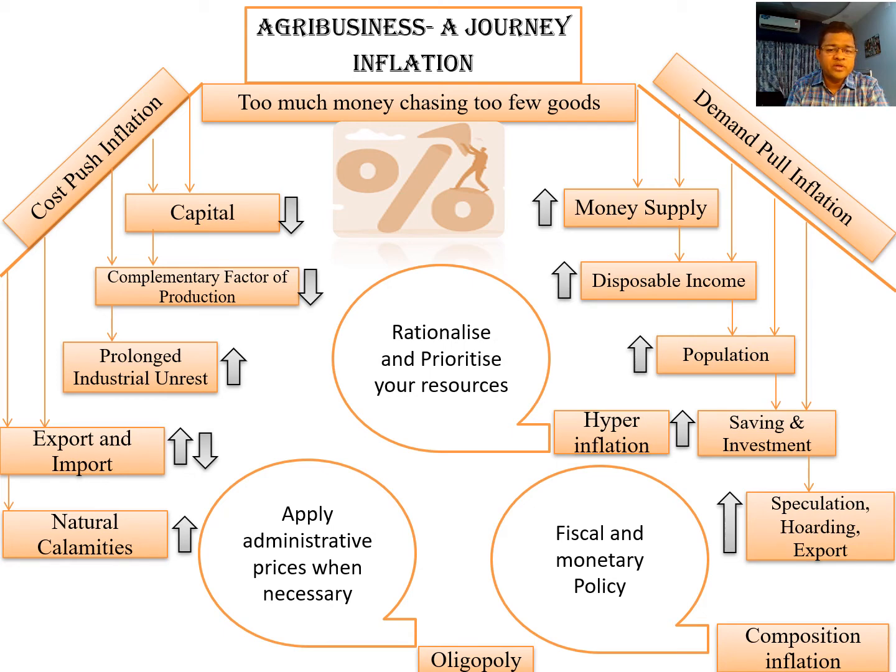Let's go back to cost push inflation. Suppose there is very little capital in a system or in a country. Little capital means automatically your supply will be less. Your supply of the product will be very low. When the supply is very low, then the per unit cost to produce a particular product will be very high. If the per unit cost to produce a particular product is very high, then it will increase the price of the product. If they increase the price of the product, then it will add or create inflation.